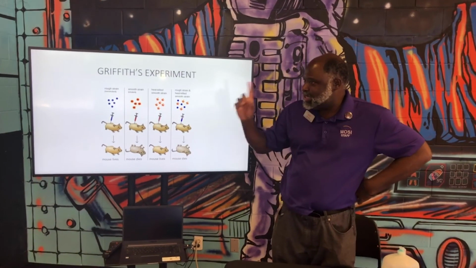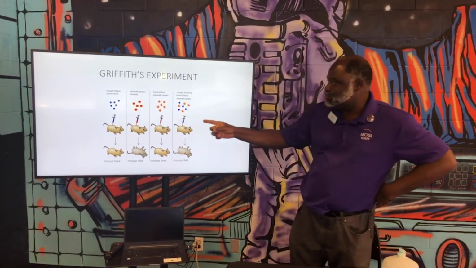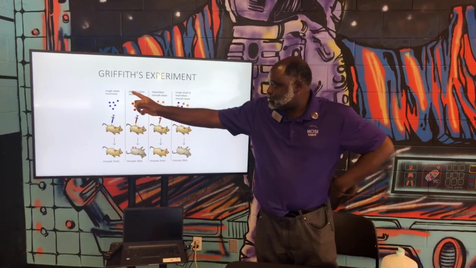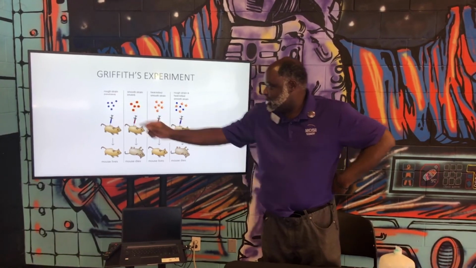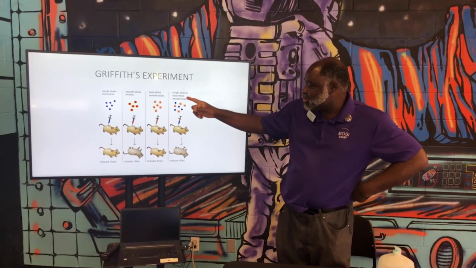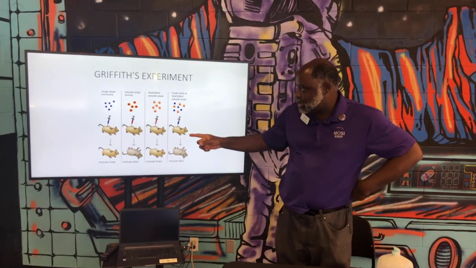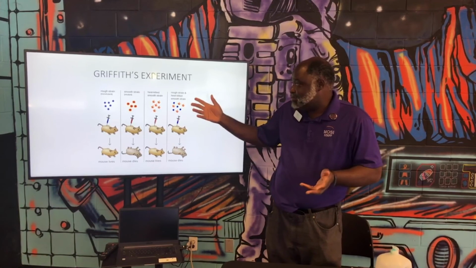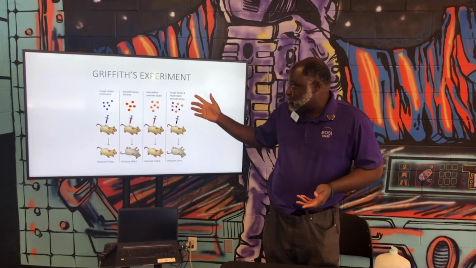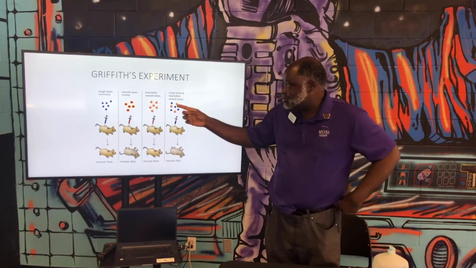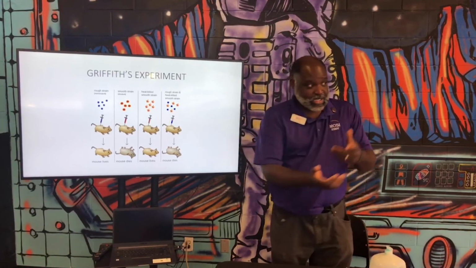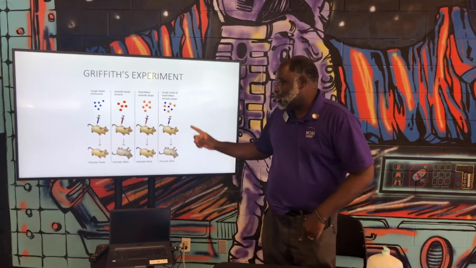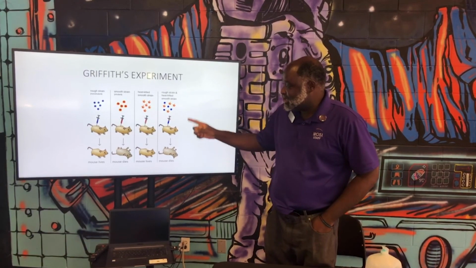But here's something that's very interesting about his experiment with the rough strain. Now the rough strain, again, is not virulent. He combines the rough strain and then the heat-killed smooth strain. You would think that because the rough strain is non-virulent, and he has the heat-killed smooth strain, when he injects the mouse it should live. However, what happens is when he injects this into the mouse